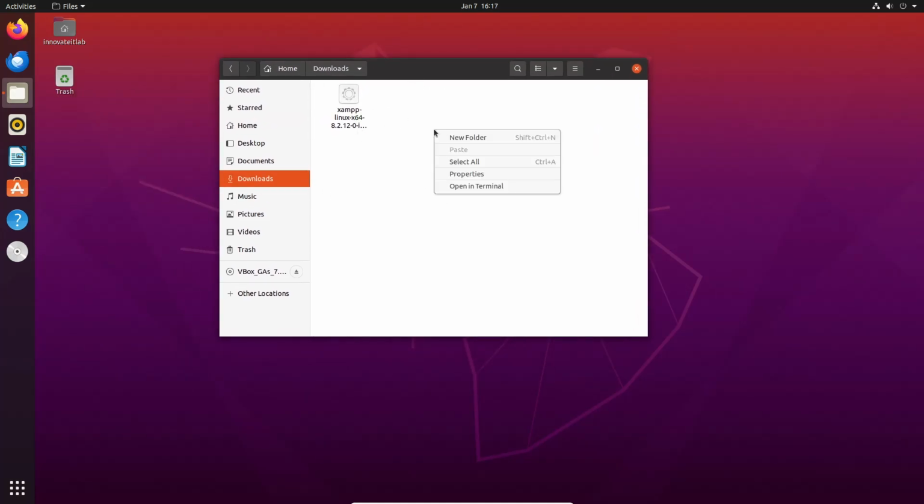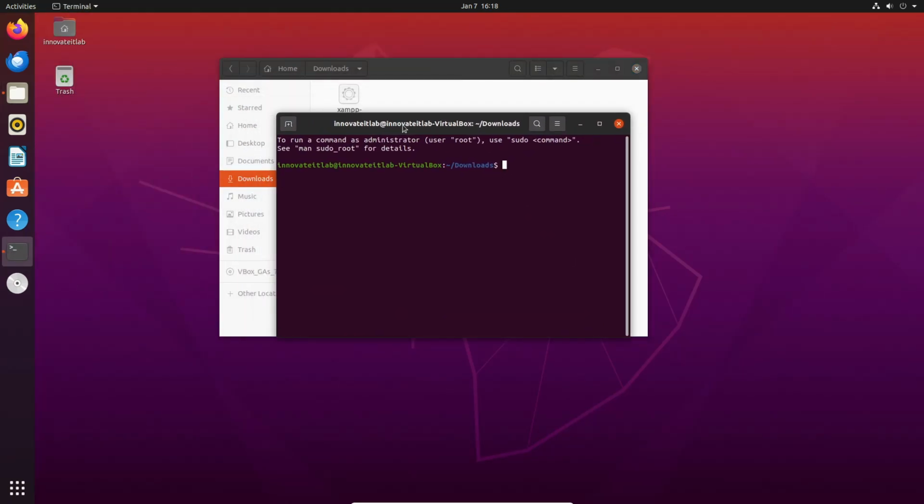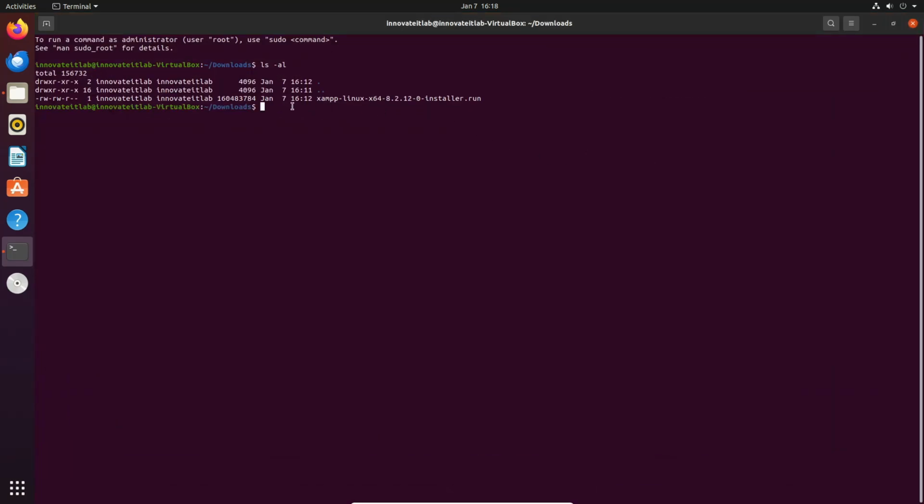So simply right click on the blank area and open the terminal over here. So first of all, if you type, we can see that we have to change the file permission over here. So we have read, write, and read. Okay, no worries. We can just simply type sudo